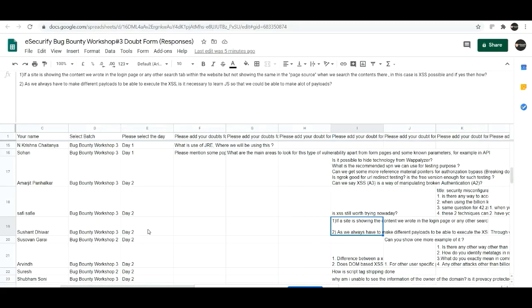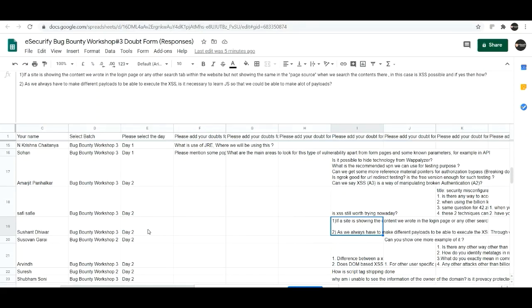In this case, that web application may be using an API. Whatever data you are passing in the login page or the search tab, if it is showing on the web page but does not show in the page source, then possibly the web application is using an API in the backend, and in such cases you have to find out the reflection point.